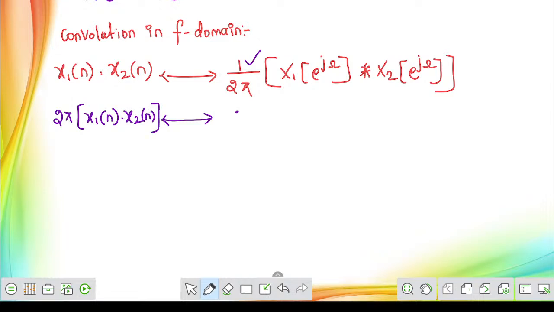In frequency domain, you can write X1 of e power j omega simply involved in convolution with X2 of e power j omega. That's it, sir. So this is how we write when two signals are involved in convolution, especially in frequency domain. Okay. So the next most important property, of course, questions are being repeatedly taken from the